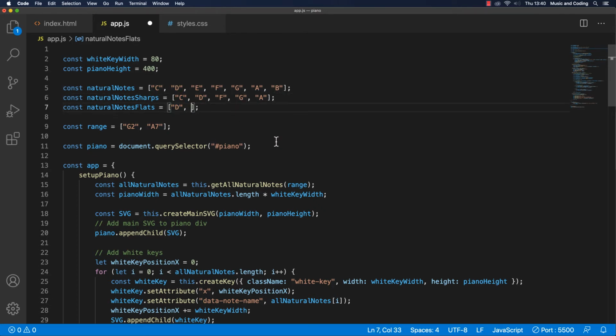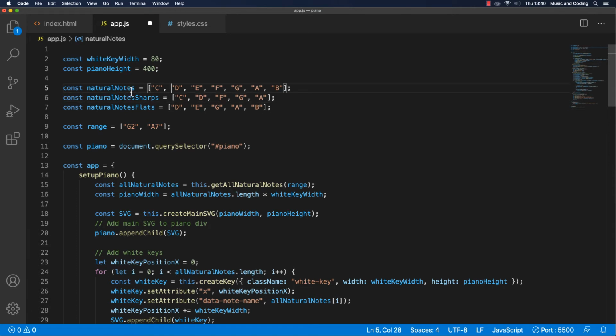So the next one here, yes, that's going to be an E because an E flat is the same note as a D sharp. So we're going to continue here. Do we have an F flat? No, because that's an E. So we're continuing to G because we have a G flat. We also like to use A flats, and of course we also use B flats. Whoops, it's going to be a string. Okay, now we have this information, and now actually what we can do here is we can go through these